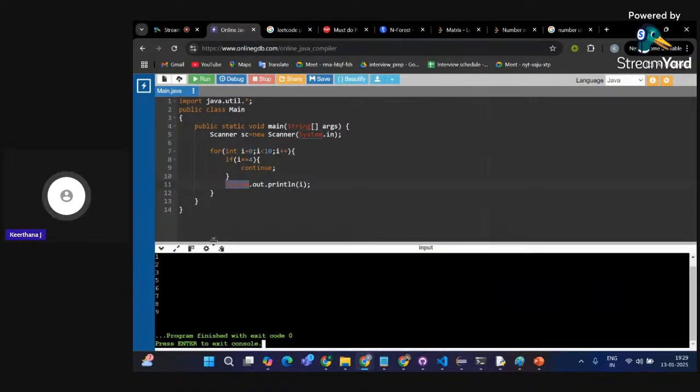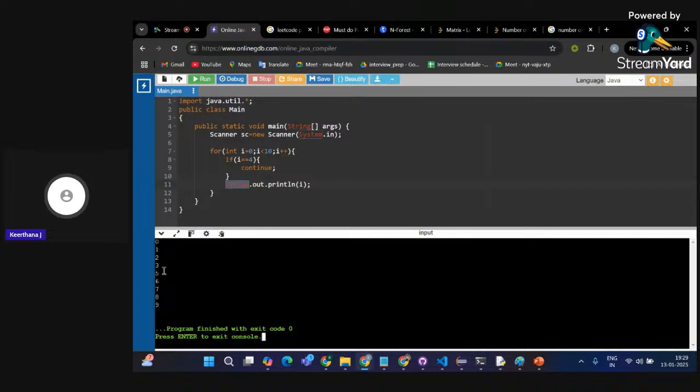Yes. So from 0 to 9, it's getting printed, and 4 is not visible over here. My control is not coming out of the loop, but my control is skipping the statements present after the continue keyword. So when my i is 4, I'm giving continue. So my control skips all the code present below it, and again it goes to my for loop. Now my i becomes 5. So 5 is not equal to 4, so it is getting printed over here.